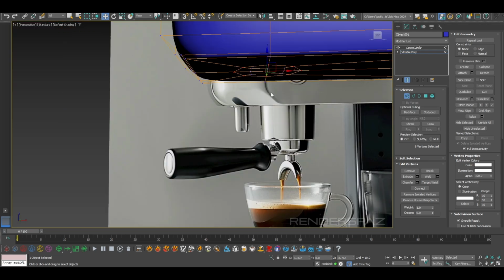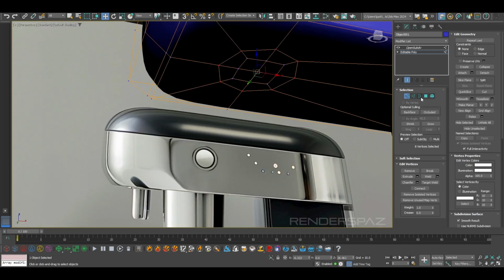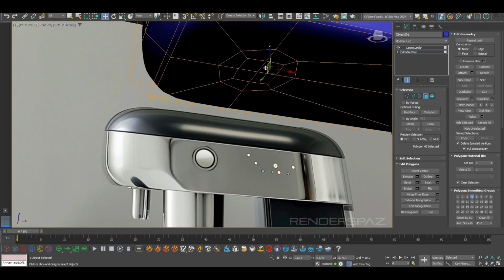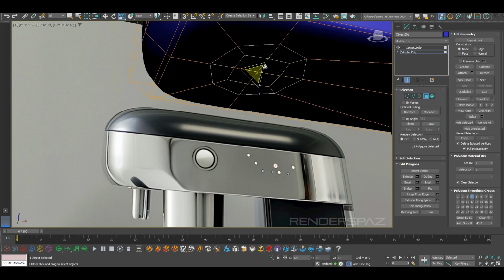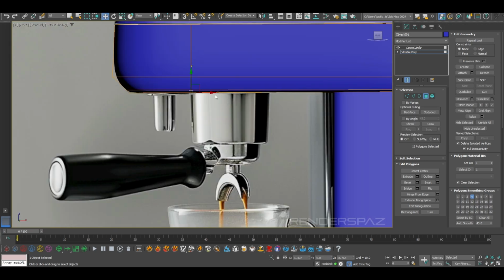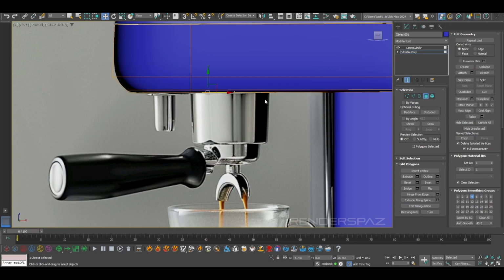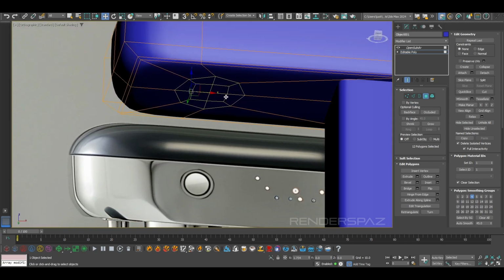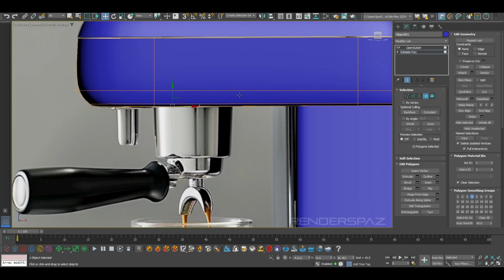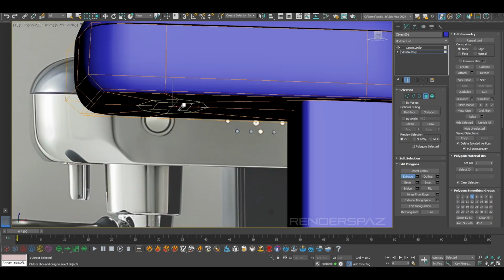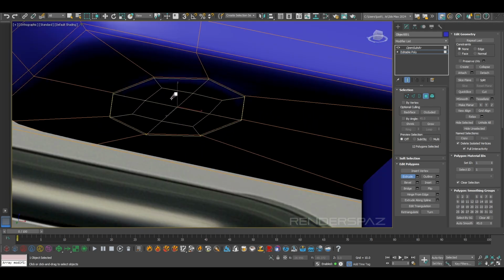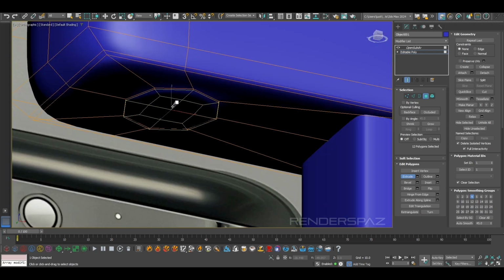Okay, that's going to be great. So now we'll just have to pretty much take everything here, this whole area. We're going to grow, and once we grow it up this way, we can start to scale, and we just want to keep this flush. We want to make sure that it stays pretty much on the Z. We don't want anything there. Now once we drag this down, maybe I'll just create an edge here just so we get a crease, and then we'll extrude it one more time,